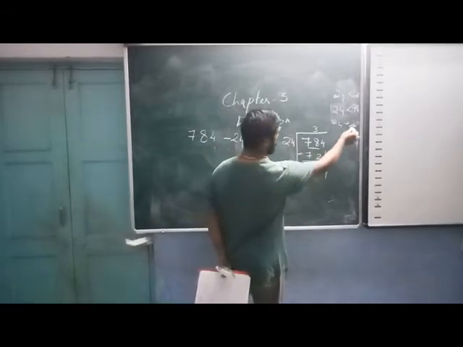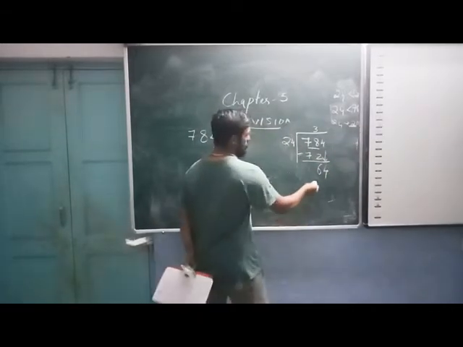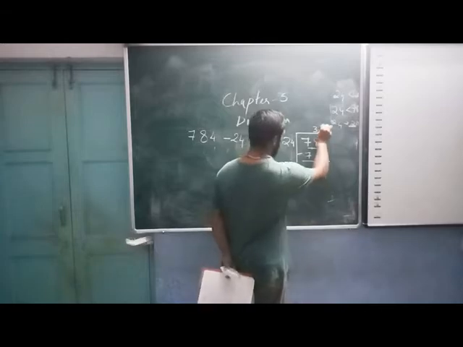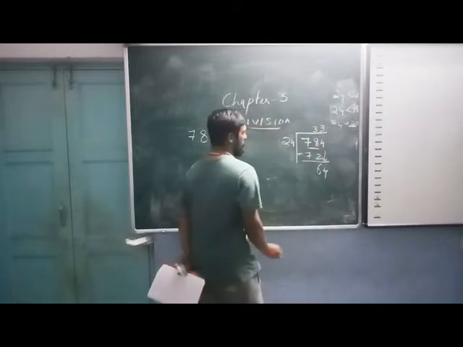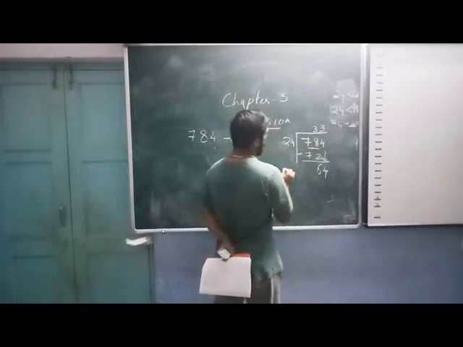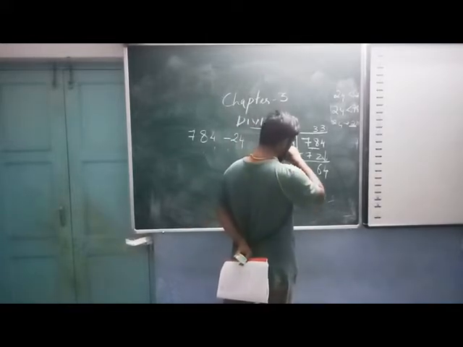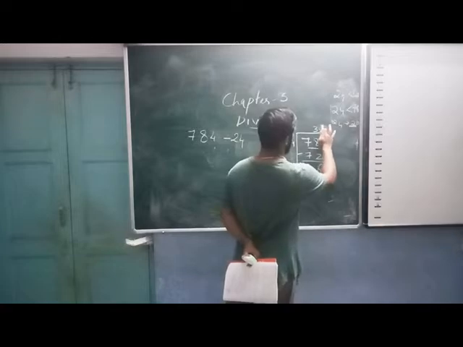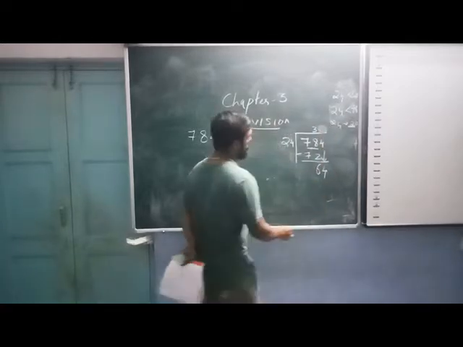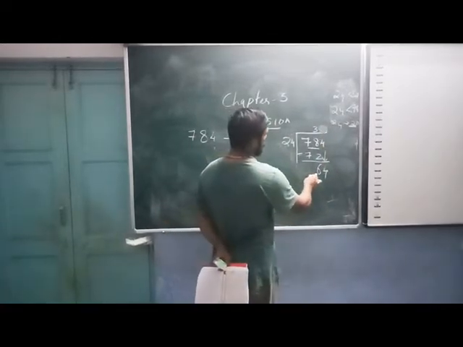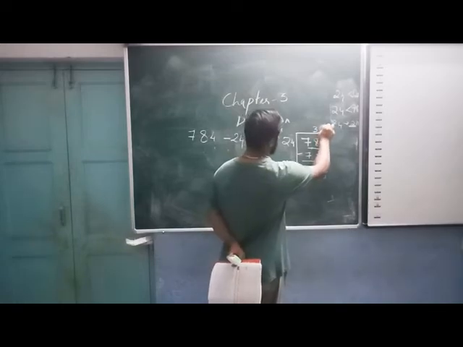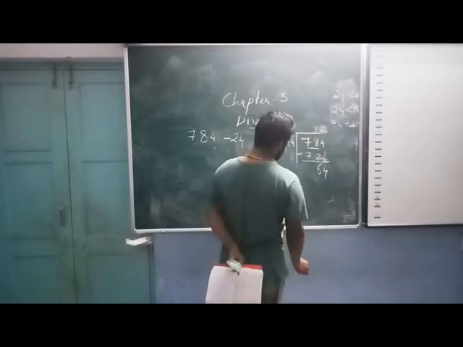So again consider the number 2. How many times does 2 come here? We put the number 3. So again, multiply here. That is wrong. We have to see how many times it comes closer. That is again 2 times. So that will become